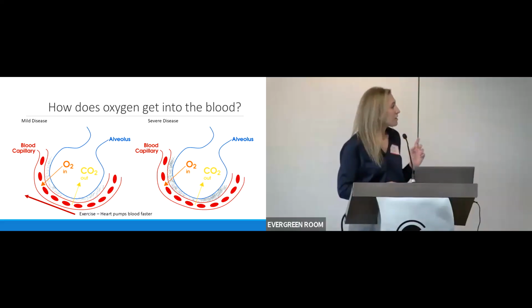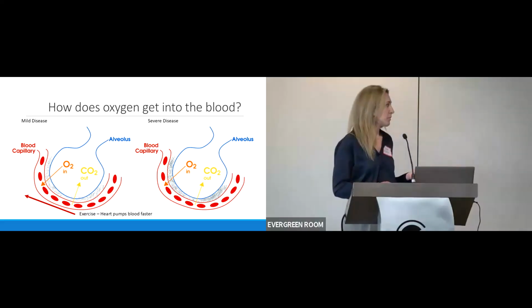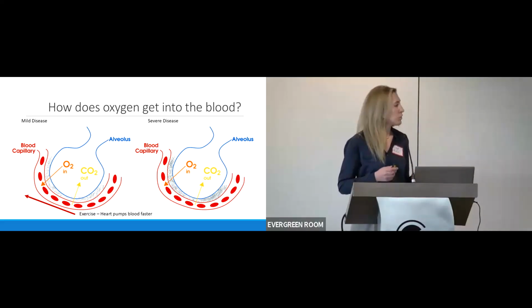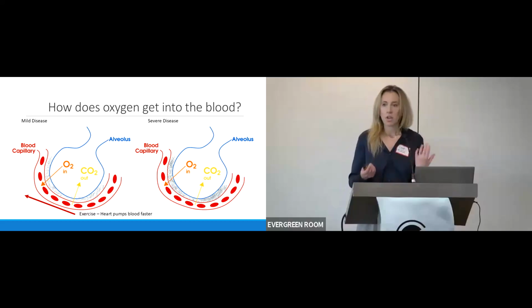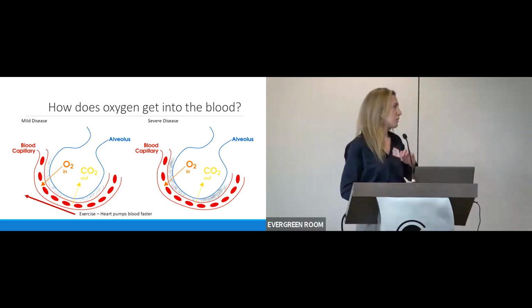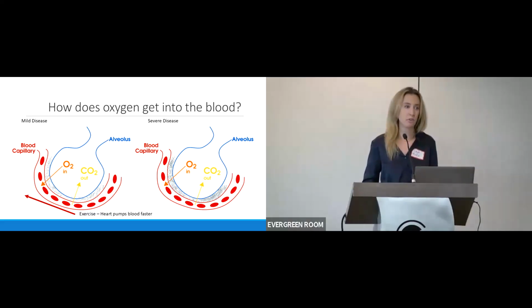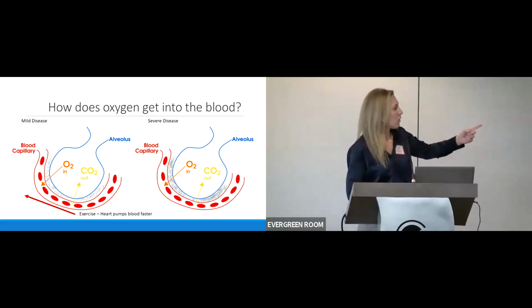When you have mild disease, this may not actually affect you because oxygen's still pretty good at getting in. But what happens is when you exercise, your muscles really need more oxygen. They shoot that message up, the heart catches on, and the heart starts pumping faster. So now all these blood cells are moving through that tiny little blood vessel,